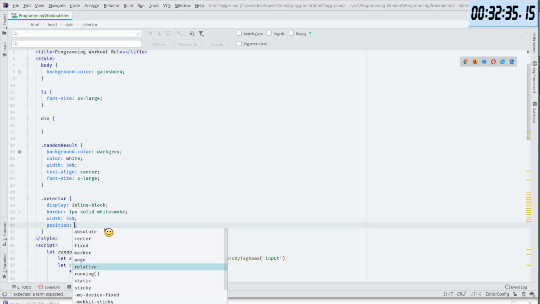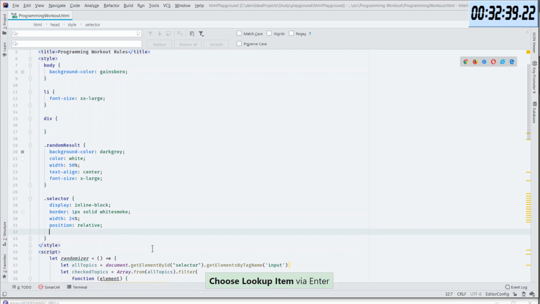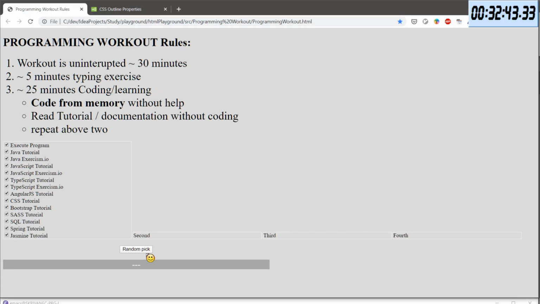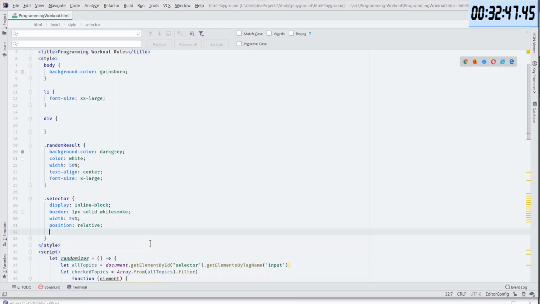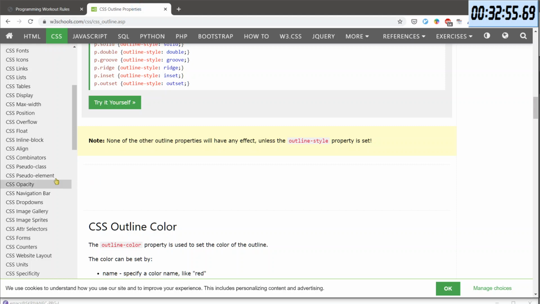Position is relative, and then the second thing was, well, if I change this, what will it do? Nothing. And now I can do, oh, what was it? Vertical alignment.